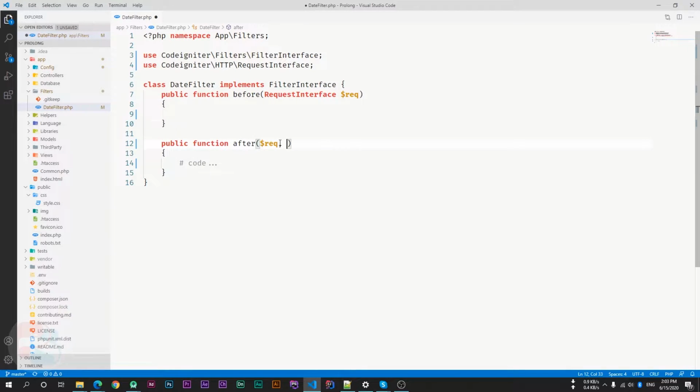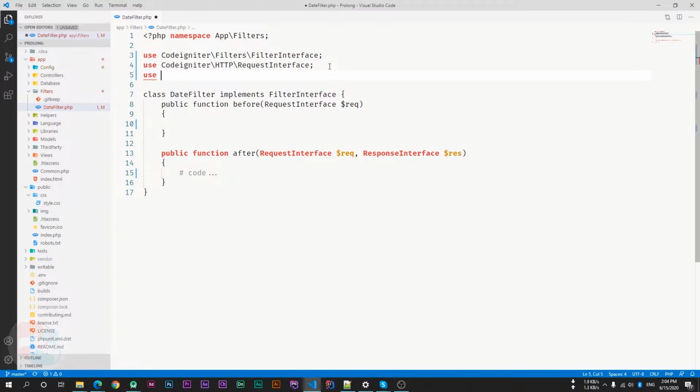The other one is the response, so I'll name it res. The request is the same type, and this response is of type ResponseInterface, which is also from the CodeIgniter HTTP library. So I'm importing this as well, ResponseInterface. Okay, so our date filter is ready.